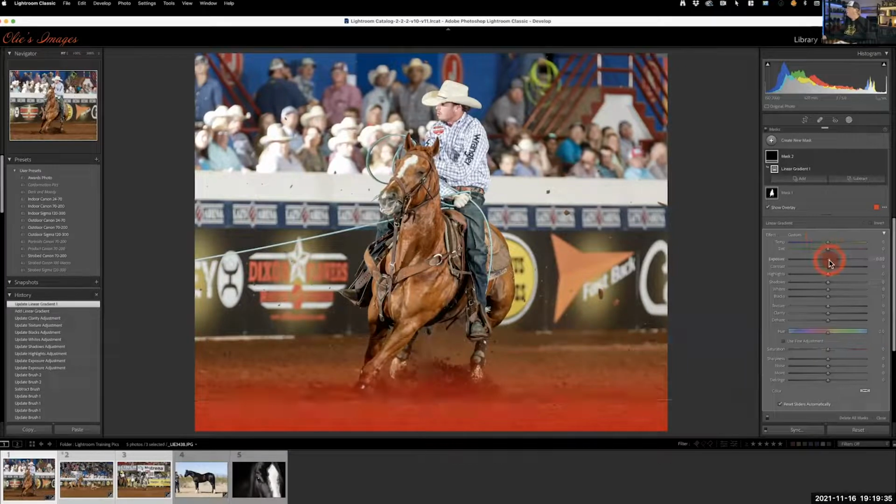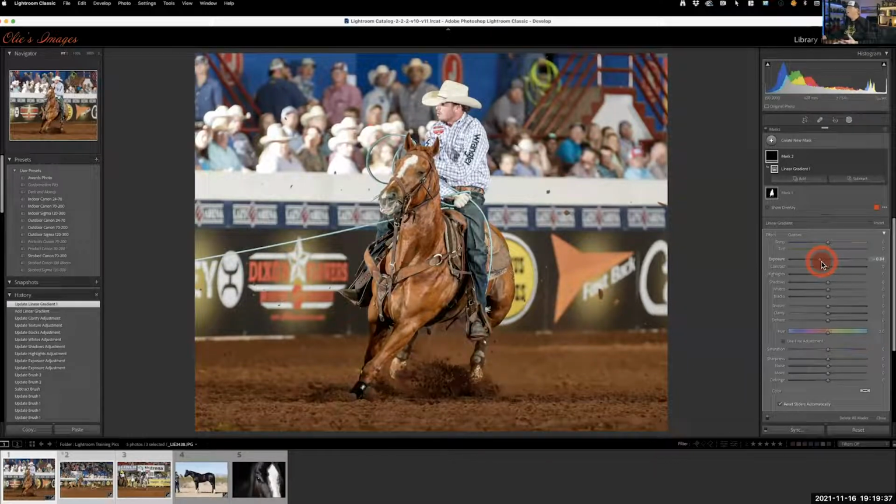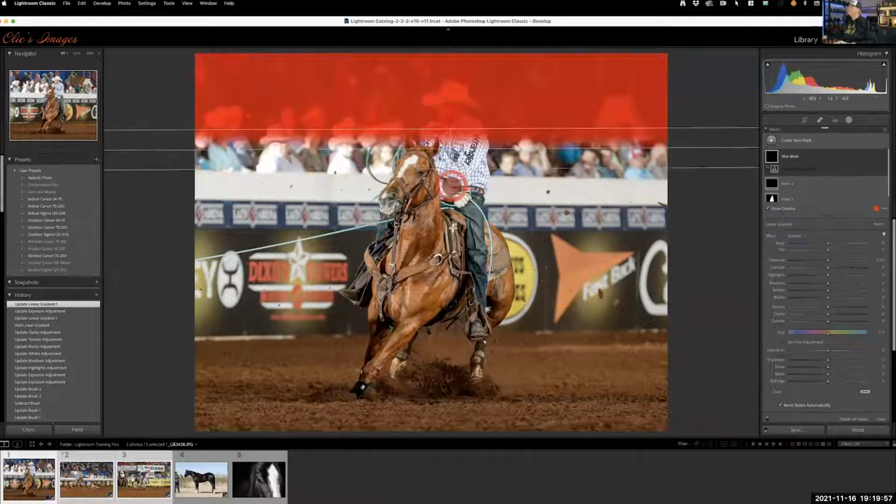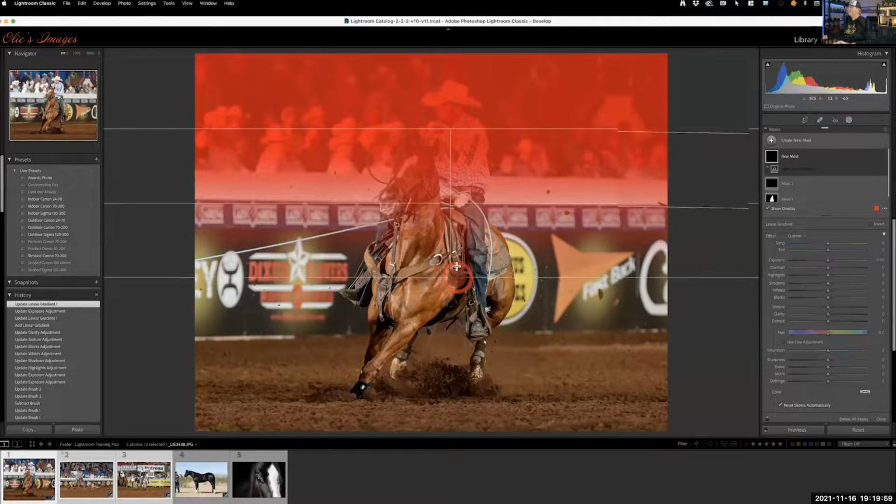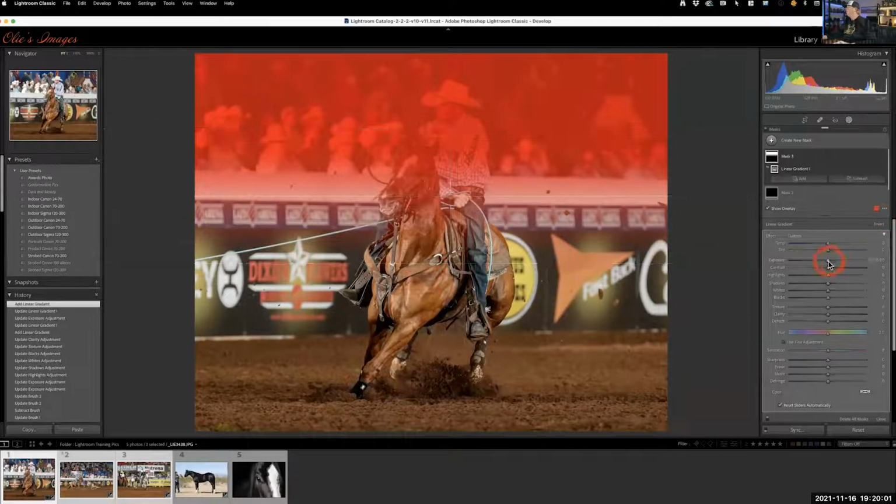And then what I like to do is just, not necessarily on this particular photo, it's not that great of an option, but sometimes the ground is really bright, like maybe my strobe hit the ground in front of me and it was really bright, and I can just come in here and darken it with a gradient. Or maybe the sky is really bright and we want to create a new one, go linear gradient. If the sky was really bright, we could bring the sky down like this,